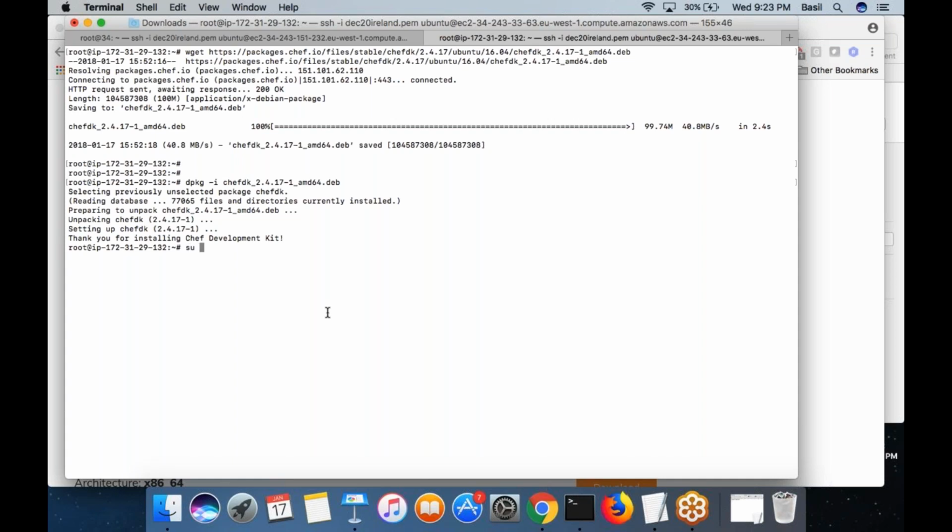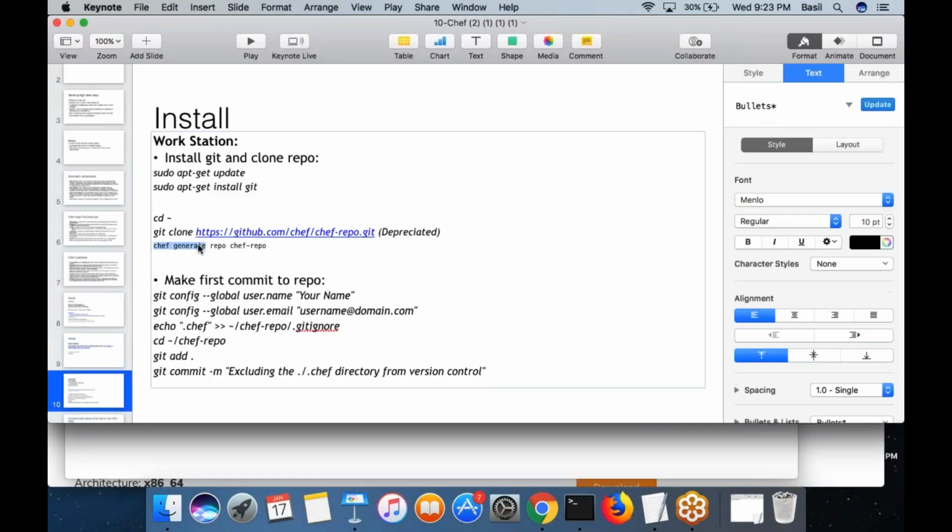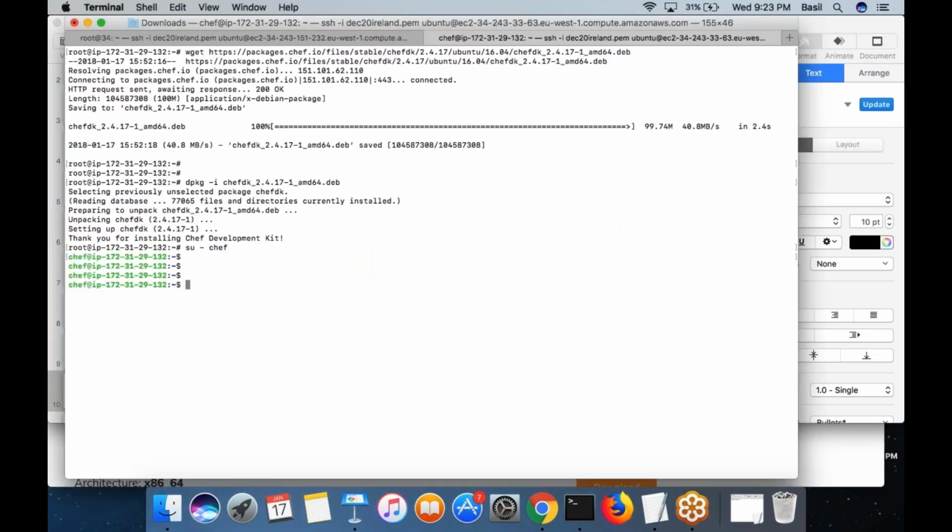So first I want to log in as a different user, let's say chef. So I logged in as the user chef, then I would run this command, chef generate repo is the command which would generate a sample configuration repository. Right, this particular command would basically create a folder and a number of subfolders inside it. Basically it would contain the folder structure for chef. Even though the files are going to be empty, you can customize them later. Basically this is the folder which would host your configuration.